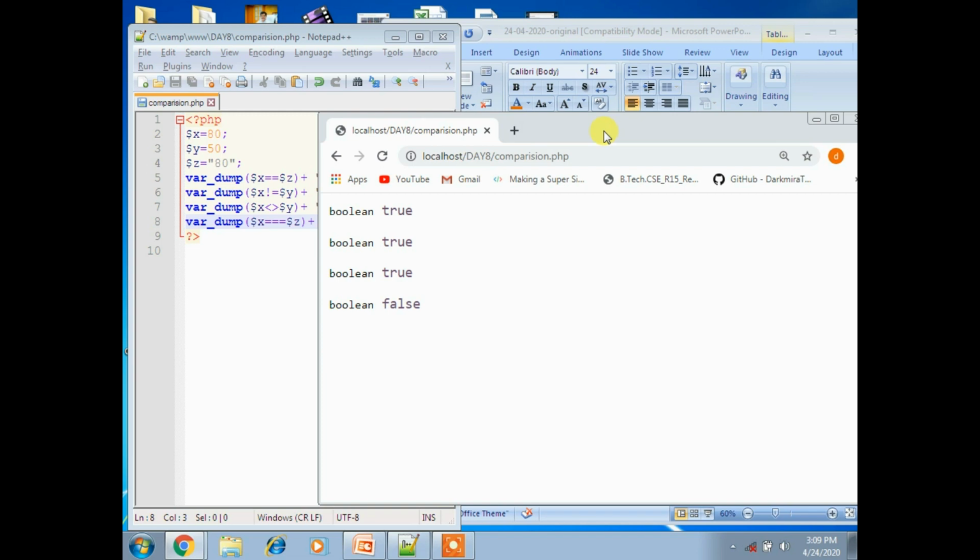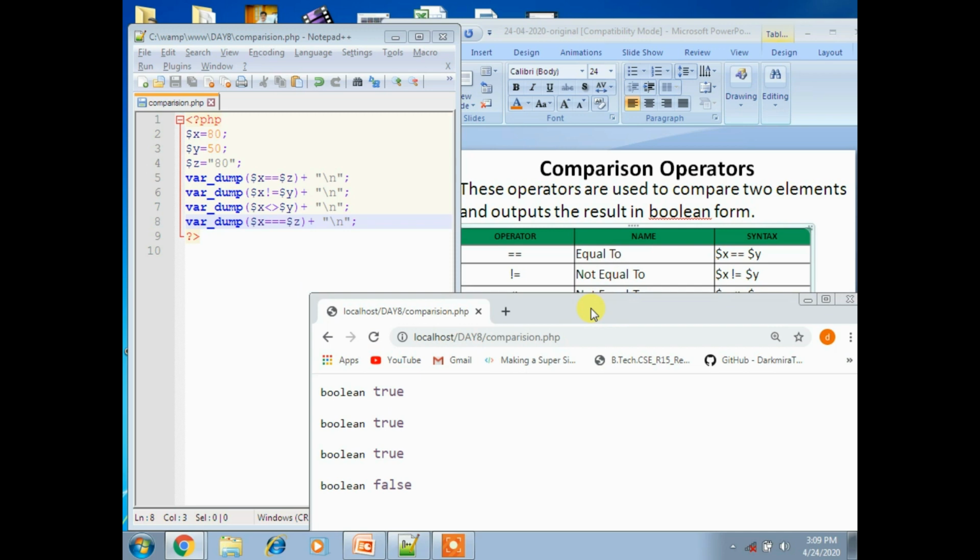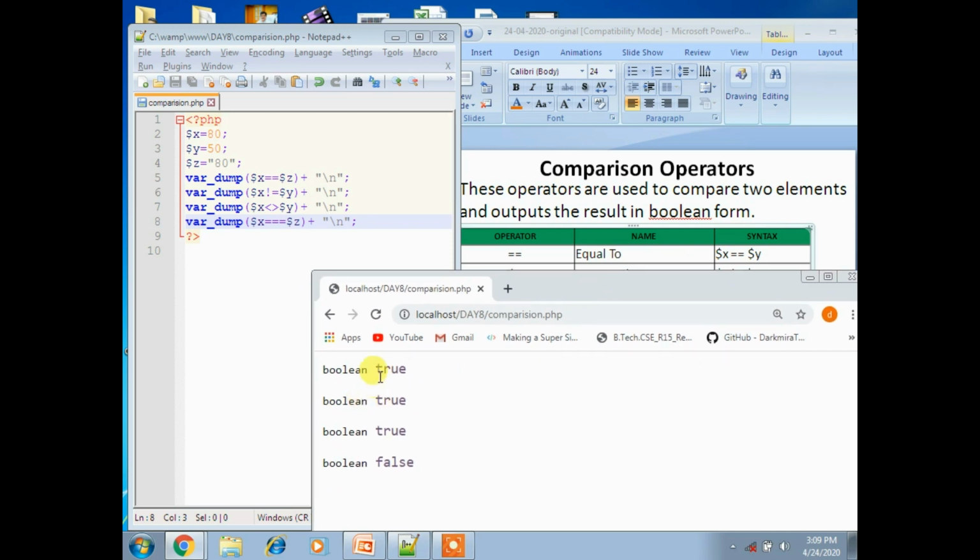So why does the first one display true? It is true if both operands are equal. Here the values are both 80, so it displays true.